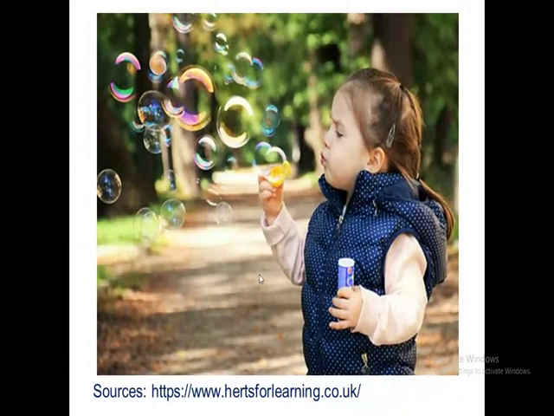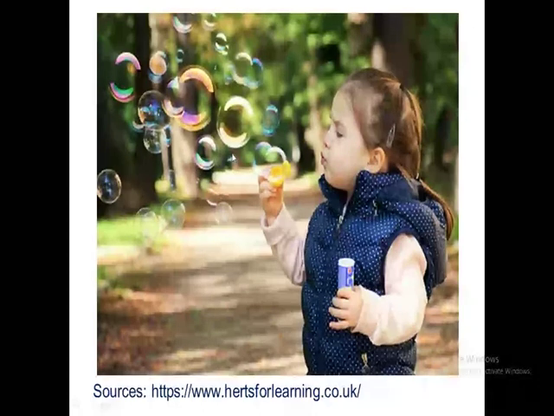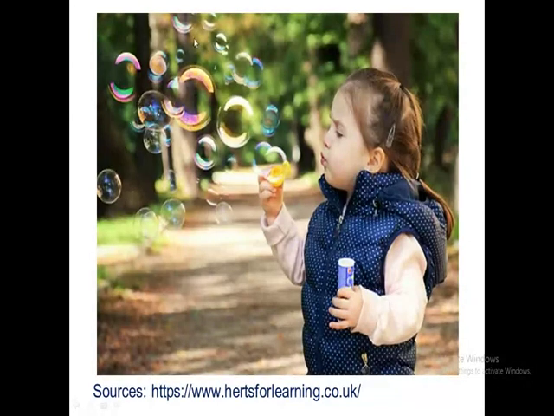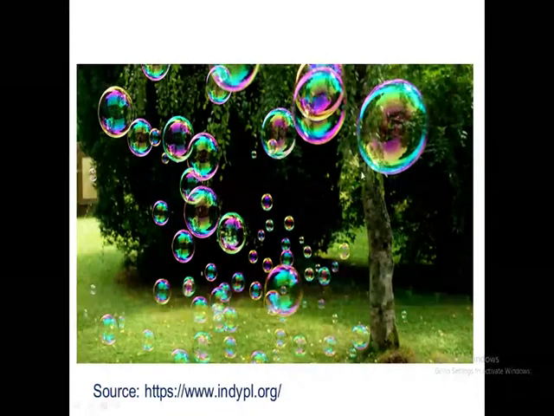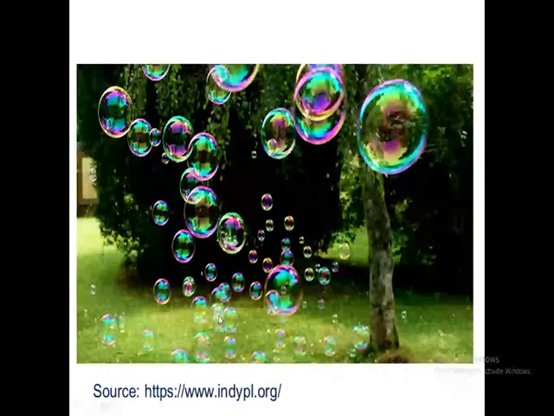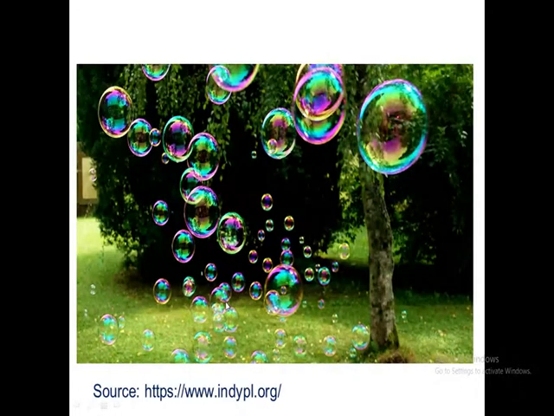As you can see in this case, soap bubbles are always spherical in nature because they want to have minimum surface area. As a result, they occupy a spherical shape. Whether small or big, they always occupy a spherical shape because they want minimum surface area. You can see clearly that the liquids have a spherical shape. The reason is again the phenomenon of surface tension. This we have discussed in the last class.